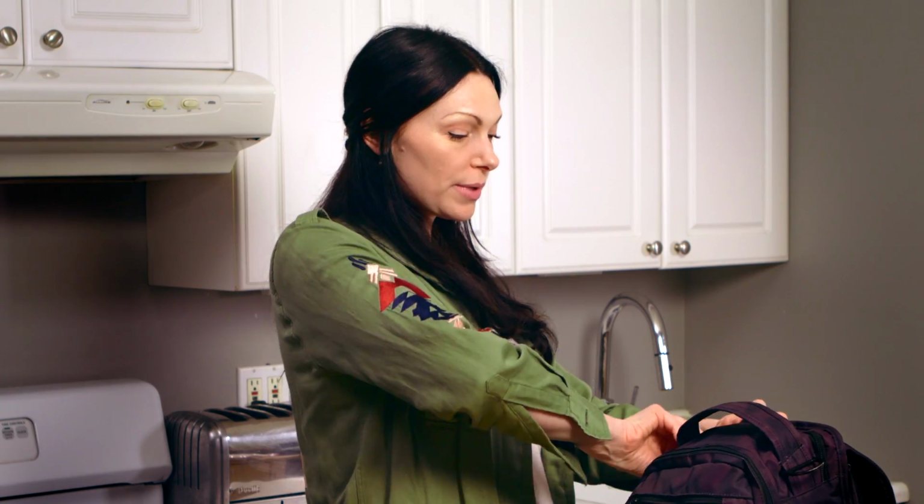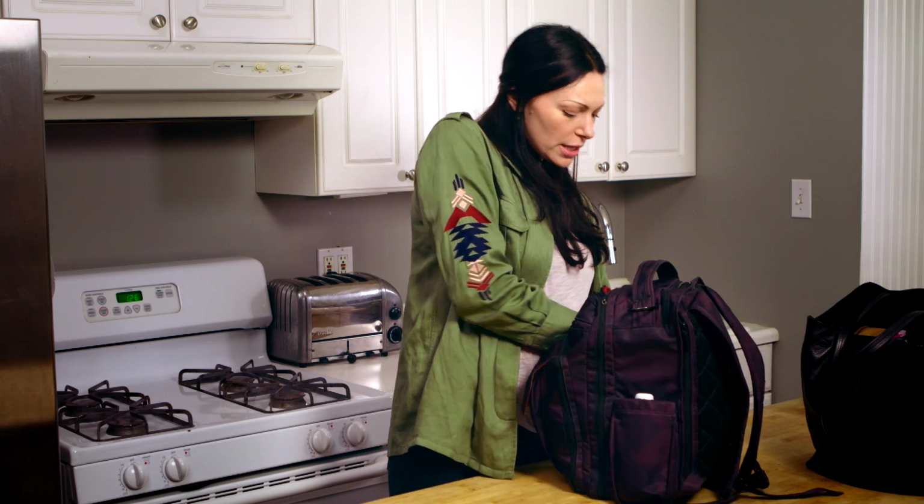And then the formula that I talked about, I keep up here. Extra soothies, a little hat. I mean, I pack these things. A little hand sanitizer. And then one of the other things I'll do is going through security and stuff,